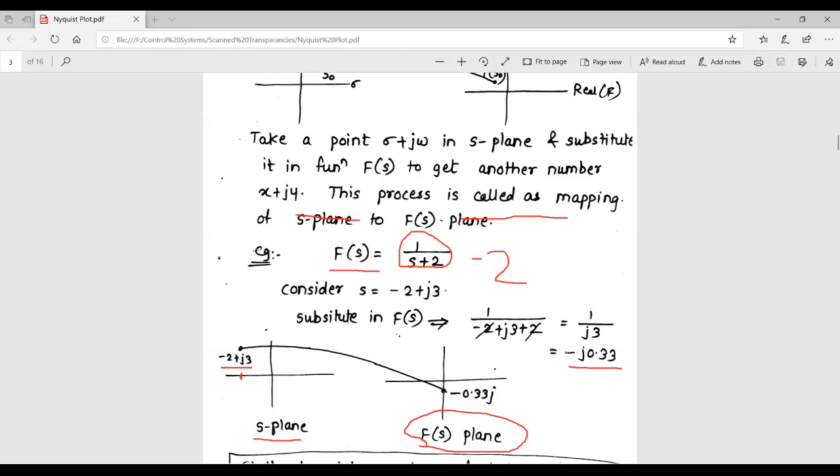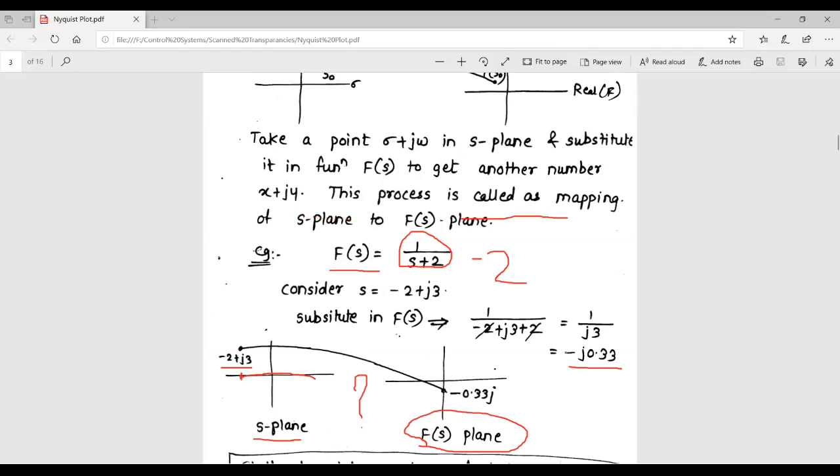Infinity. And you don't have anything to plot in the f of S plane because you can't plot infinity in the f of S plane. And that is why you need to exclude singularities from this mapping. And the function has to be analytic. That means the function has to have a finite value for all values of S except singularities. I hope the idea is clear now.